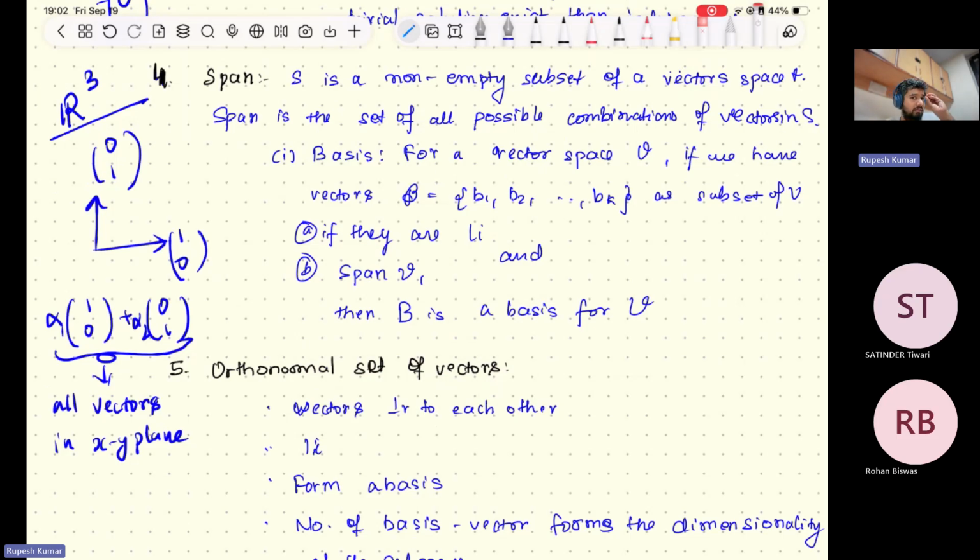Now, if you take any finite set of vectors, you can always get the trivial coefficients, which are zeros, that will give you zero. But they will give some other vectors too. So if I'm trying to generate only the zero vector space, then what should be the basis? We can't take zero because zero is linearly dependent. So zero cannot itself be the basis for the zero vector space. So they take the convention that